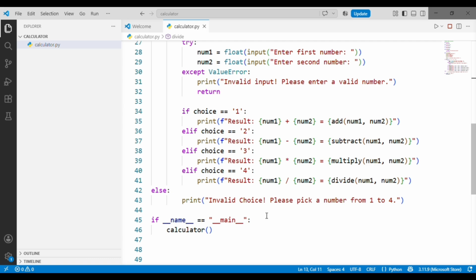Finally, at the bottom, if __name__ equals __main__: this is standard Python boilerplate. It tells Python that if the script is being run directly, start executing the calculator function right away. Now we'll try to